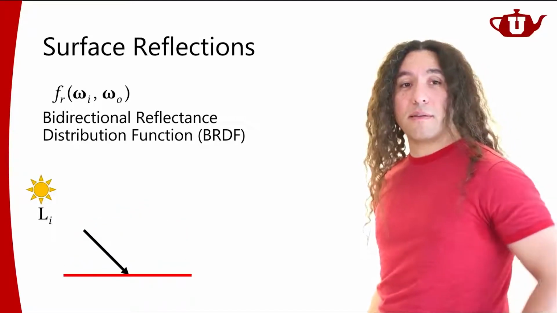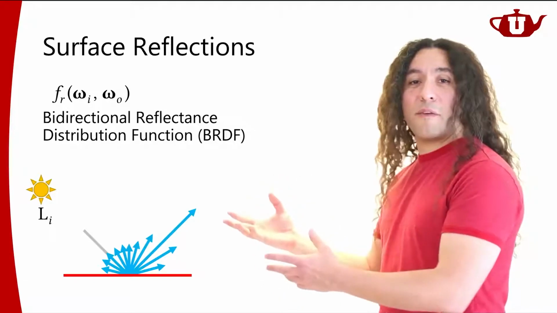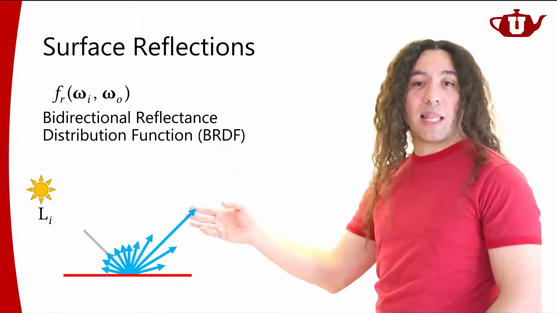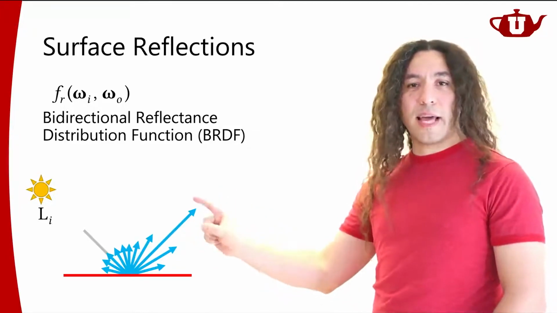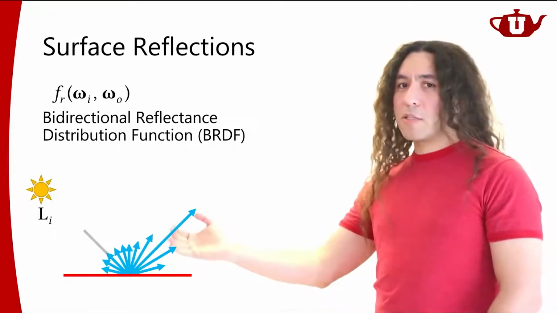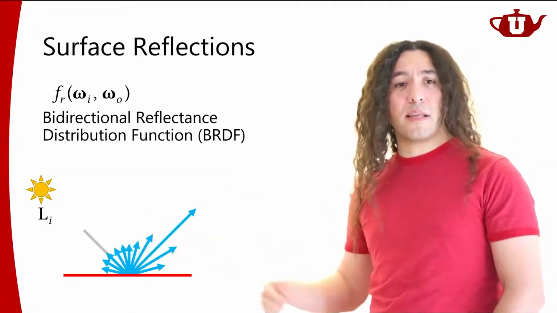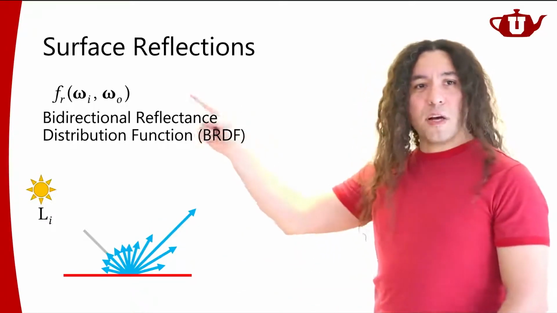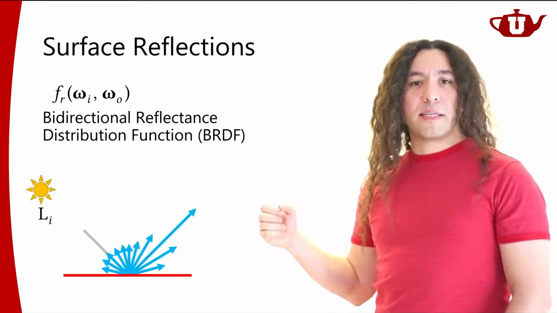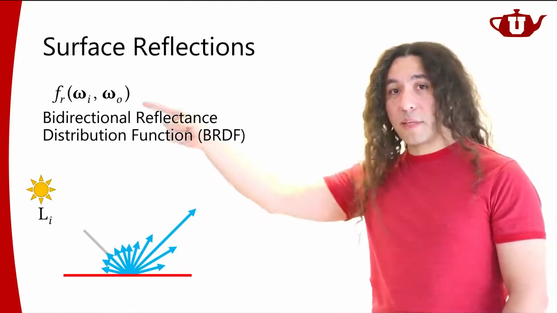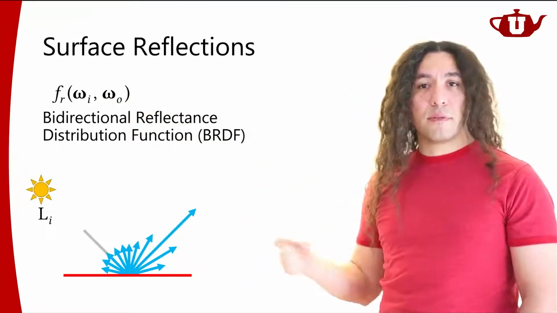So I'm going to represent it like this. It hits the surface, and in some directions I'm getting a lot of light. Think about the length of the vector as the light intensity. So a lot of the light is reflecting in these directions, and a portion of the light is reflecting in other directions. So this BRDF function is going to tell me what percentage of the light is reflecting in what direction. What percentage of the light coming in this particular direction is reflecting off in all directions.